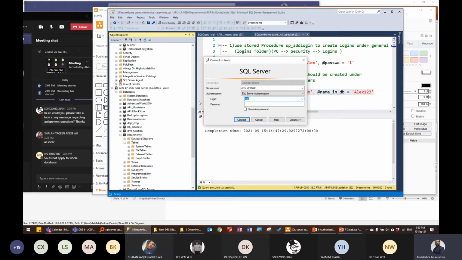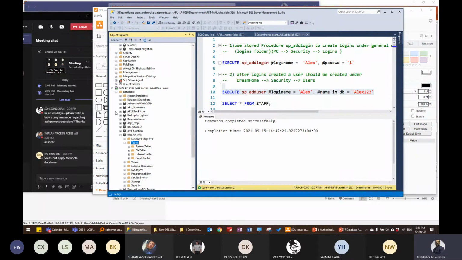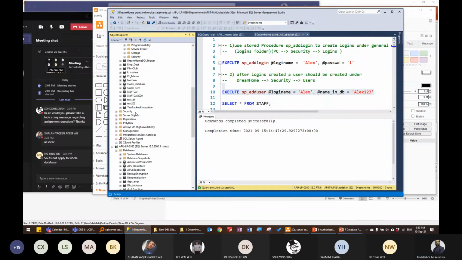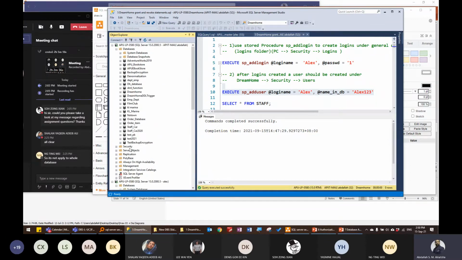And to make this more clear, now if I go to security on server level here on my server, okay. When I go for security,